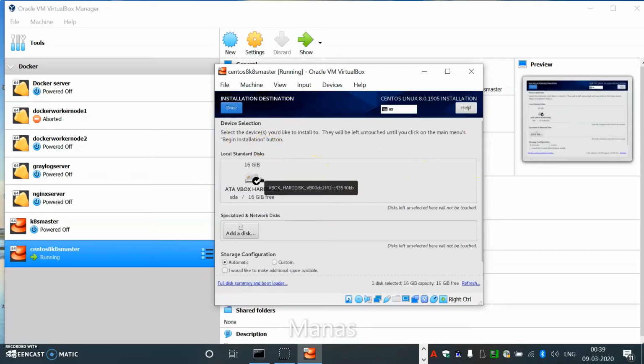If you want to create separate file systems for root, boot, var, home, all these file systems, you can create them separately. Now with the automatic partition, it will create a couple of partitions, that is root and boot. So we'll leave it as it is because I do not want to do the manual partition at this point of time. So let's click on done,